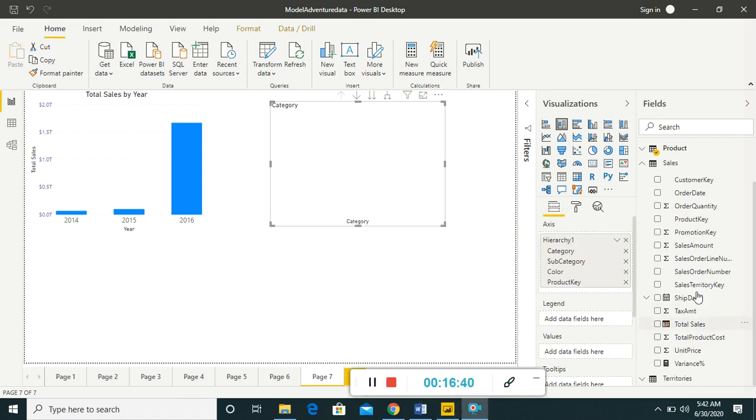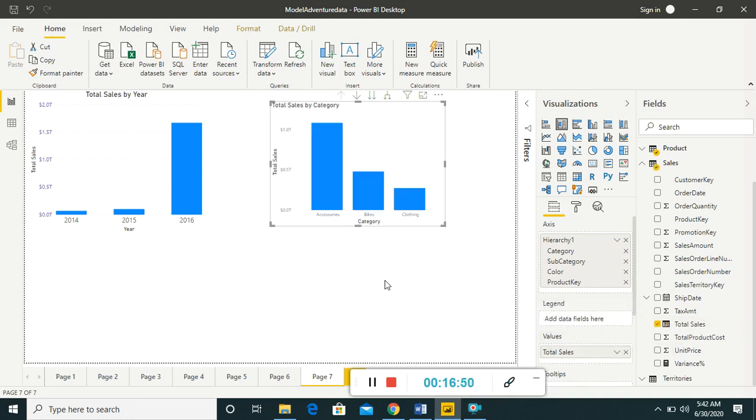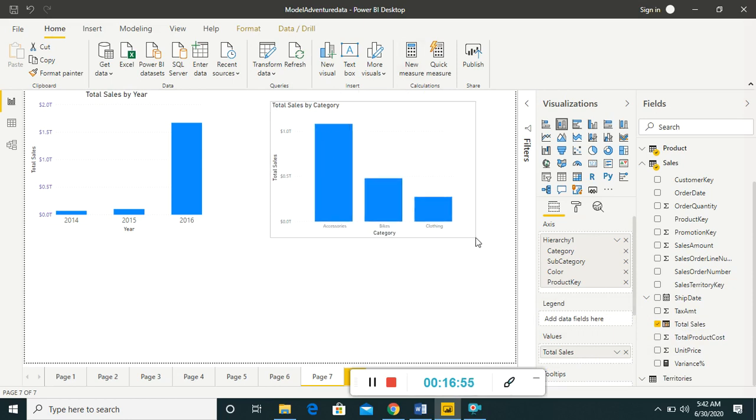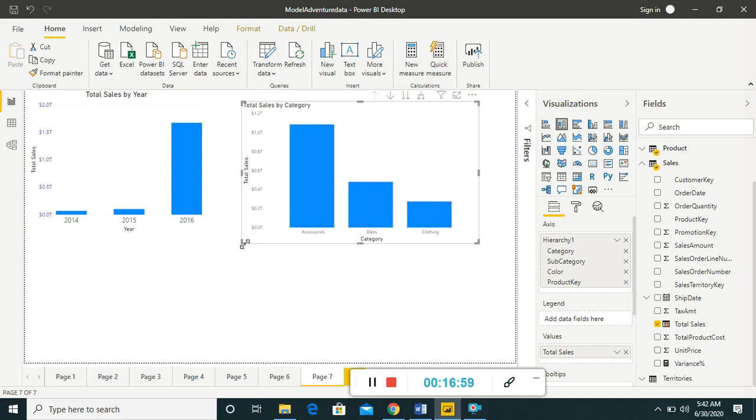From the sales table, drop the total sales in the values section, and you can see the visualization is there. So this is total sales by category.